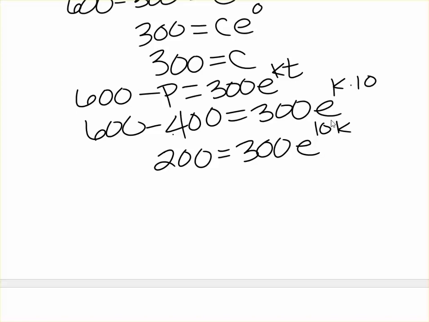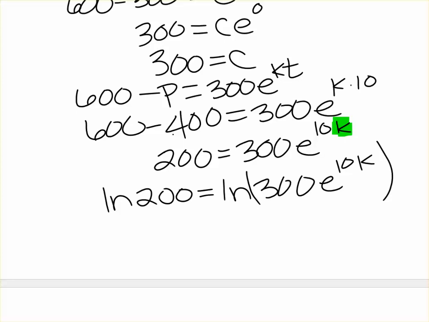We want to solve for k, which can look challenging because k is part of our exponent. In order to solve for k, the first thing we need to do is take the natural log of both sides. Taking the natural log of both sides gives us the natural log of 200 equals the natural log of 300e